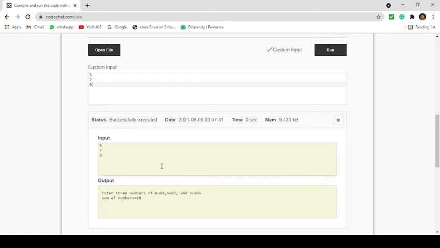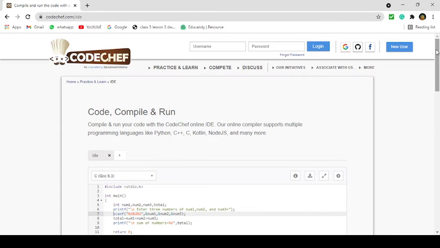Now you can see this result. The output is: enter 3 numbers num1, num2 and num3, and the sum of numbers is equal to 20. And like this program, you can also do any type of programs in C.